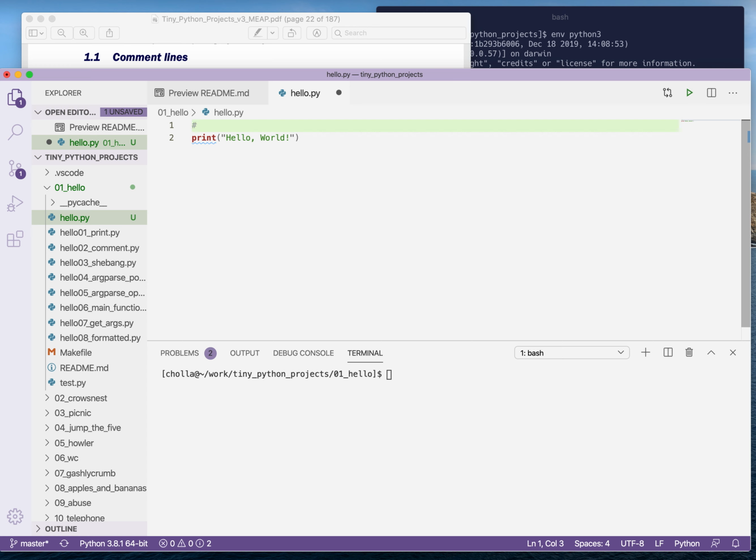Python uses the hash sign to introduce a comment. And here we can just say hello, which is not a particularly useful comment, but it is a comment nonetheless. The point is that when we run this program with Python 3 and we ask Python to execute our hello program, it will ignore that. Let's take a look at what happens if we take out the comment and try to